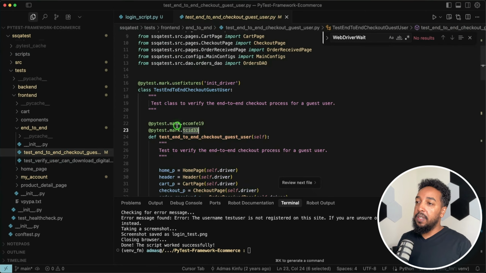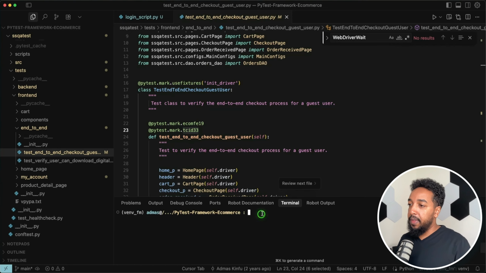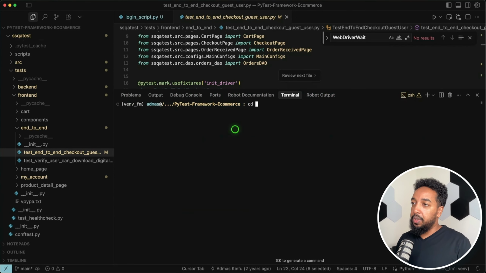Now this test here, I have the ID, this guy. So you test cases, you manage them, you store them in some proper way, and there's an ID. If you have a bunch of test cases, each test case will have an ID. You take that ID, you put it in your automation so you know which code belongs to which test. In this case, I want to run test case ID 33. So I'm going to go to that folder. Let me clear the screen. Let me move this up a little bit. I'm going to do cd ssqa test. All right, in that folder, I'm going to do python 3 -m pytest, the test folder -m the ID. I'm just saying run this ID.